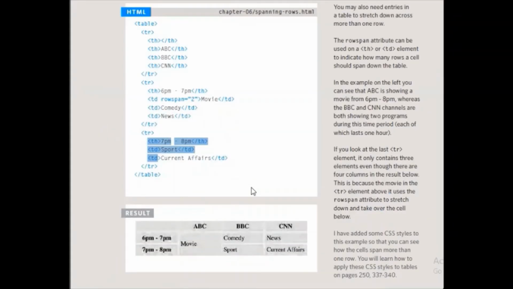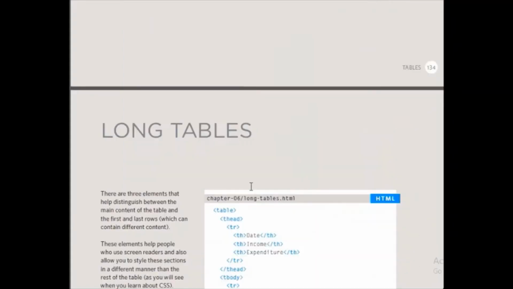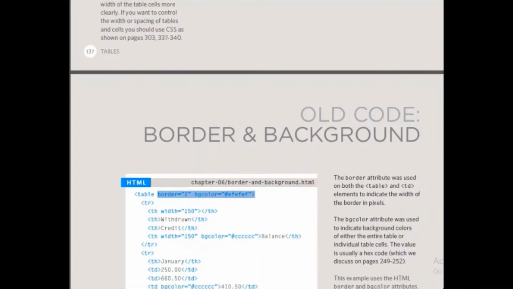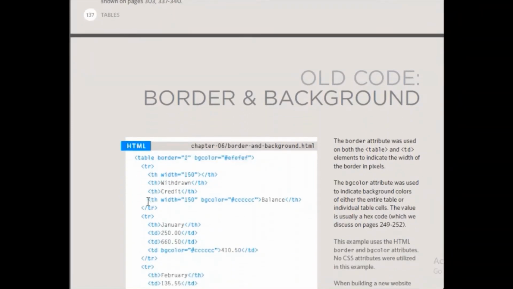So this is how you create tables, and you can also give a width to the table. See, table border, you can give a border, border color, anything you can give, and right here you can also give the columns different colors and so on. These are about border and colors and different things.